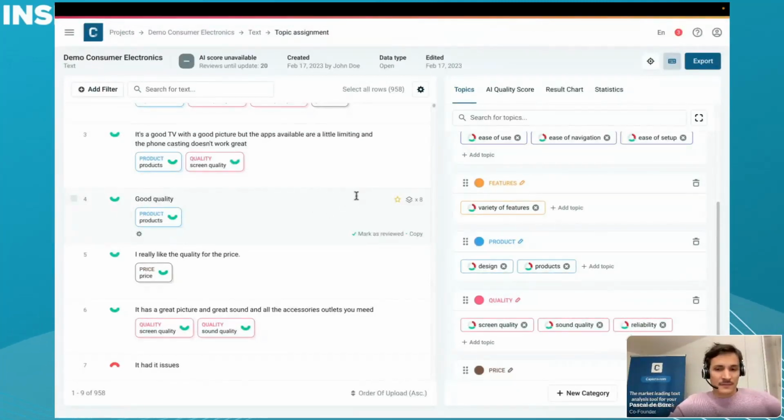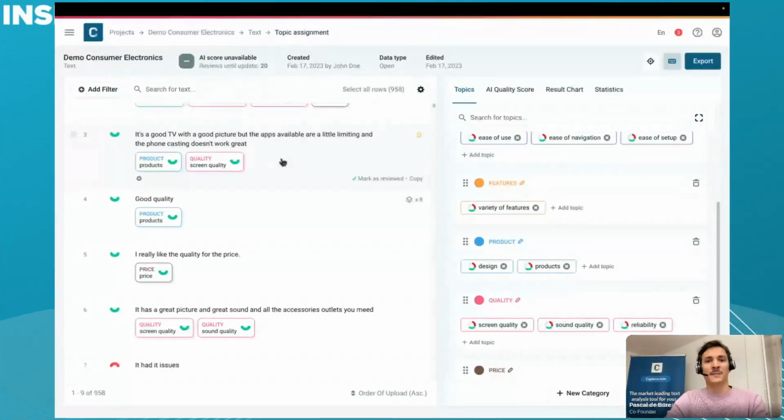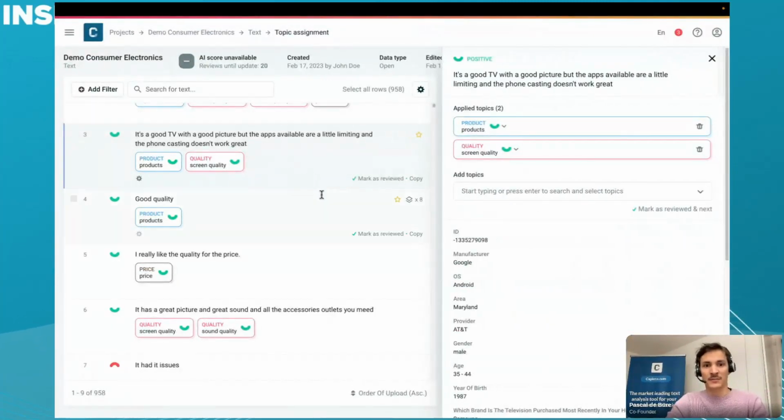And let's say you have very specific topics, a lot of granularity and really involved user feedback. Then it might be really beneficial, or it is really beneficial, to also do a little bit of fine-tuning of our AI. How this is done is really simple. You don't need to be a data scientist or call us or anything. It's really just looking here at the individual rows and either saying that this is reviewed, I agree with this,